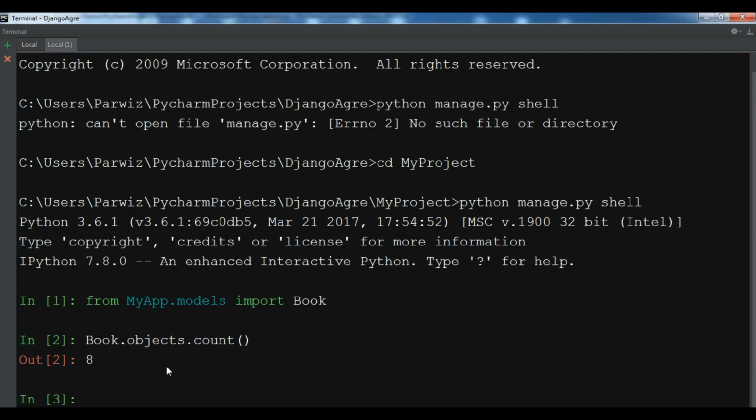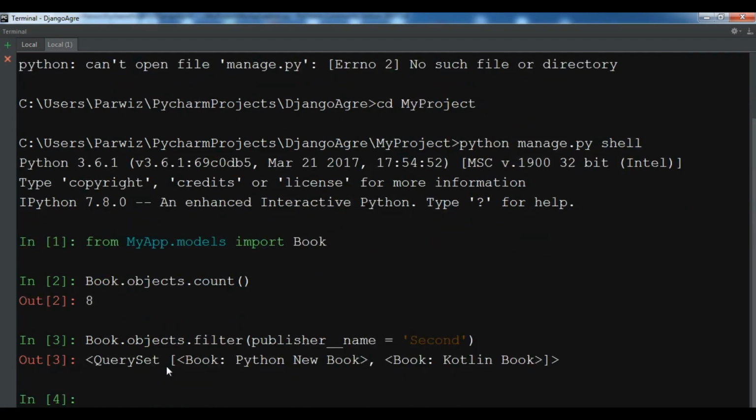Now you can total the number of books with a specific publisher. For example, let me just say Book.objects.filter, and in here you can give the publisher name. So publisher underscore name, and you can give the name of the publication that you have. So let me just make it, for example, second. So it was my second publication. If I hit enter, now you can see that we have the Python new book and the Kotlin book